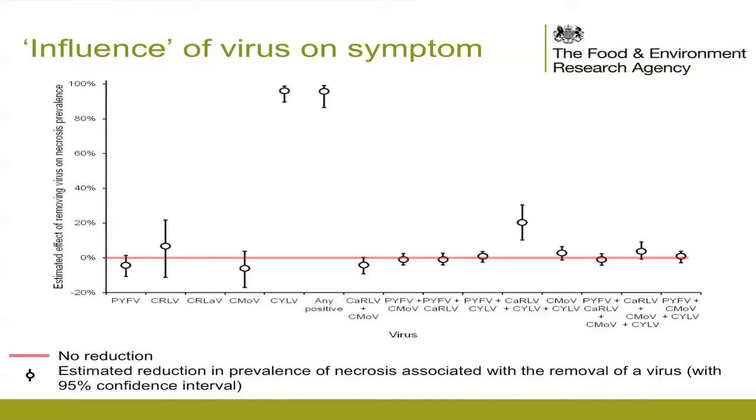So just to explain this graph, the red line across here would mean that there's no effect on necrosis if you remove that virus from the system we're looking at. So the only time you see anything above this line really is where you've got carrot yellow leaf virus. So here, CYLV itself, any positive, and here you've got a combination between carrot yellow leaf and carrot red leaf. So that, to us, quite clearly indicated that carrot yellow leaf probably had some role to play in internal necrosis,